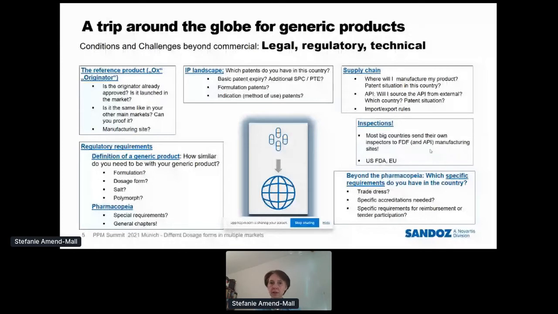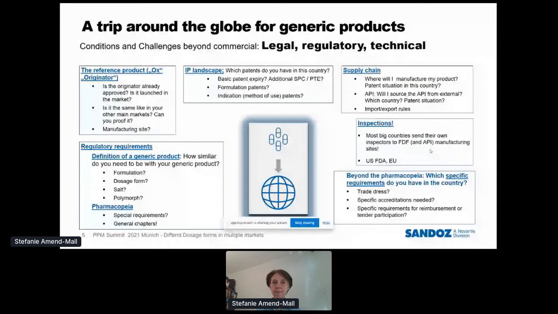They may be a little bit different in the details, but in general, there are things like the reference product. If you want to go generic, usually you need to refer back to an originator product. So is this product in the market? Is this approved in that market? Can you buy it? Can you do a bioequivalence study against it? Can you compare it? Can you work on this? This is an important piece. Otherwise it can be